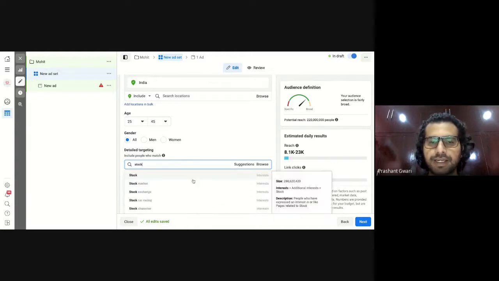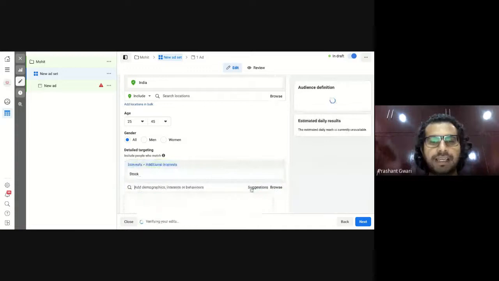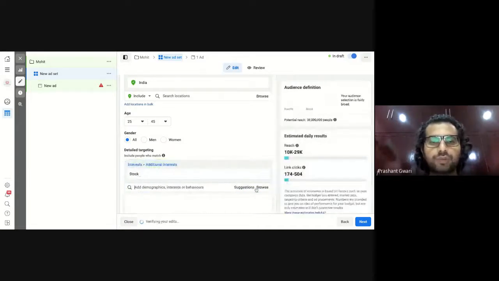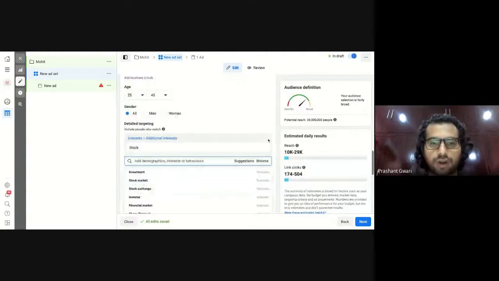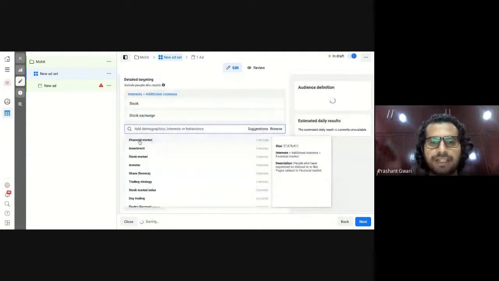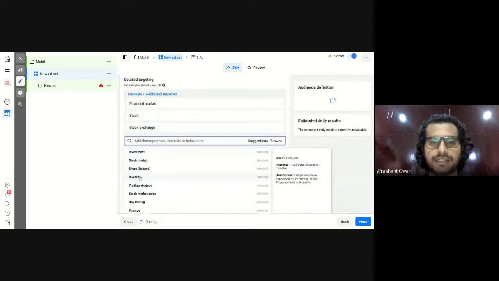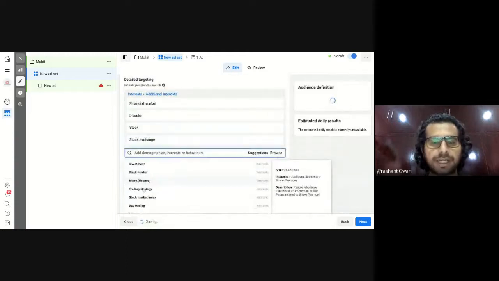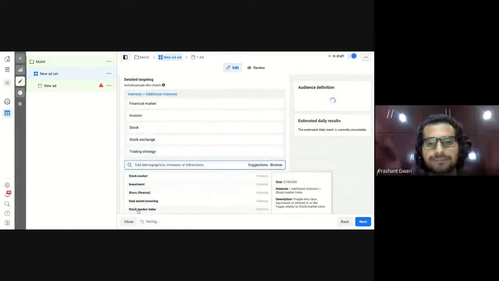And within a few seconds, it will appear, like stock. And then I will click here on the suggestion button and choose all the related terms which are associated with stock, like stock exchange, investment, financial market, share, trading strategy, day trading.